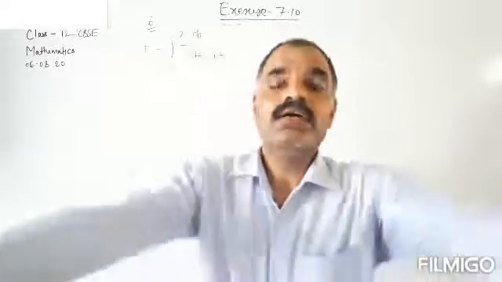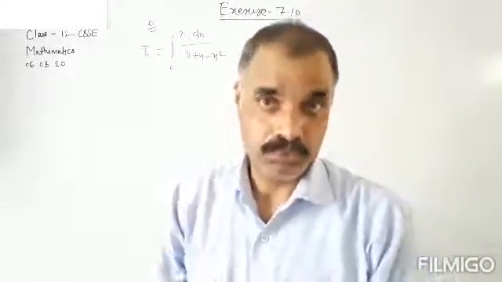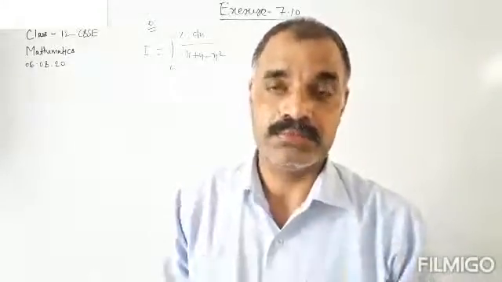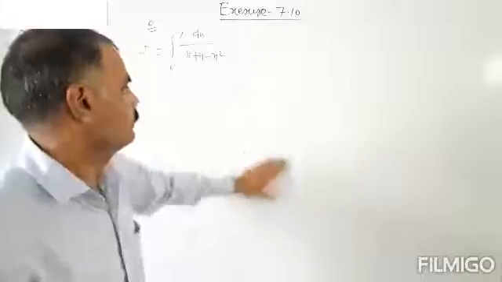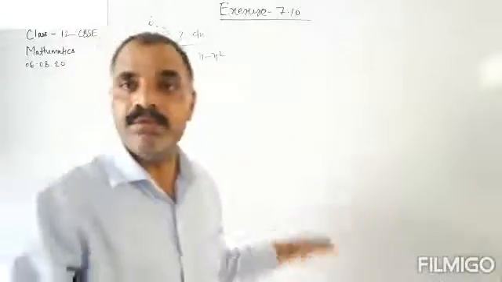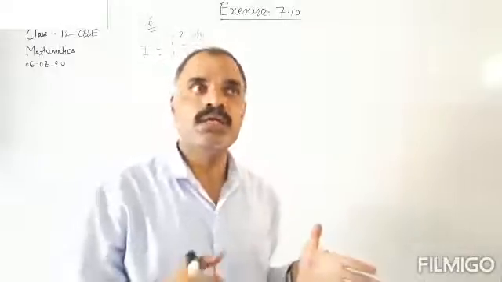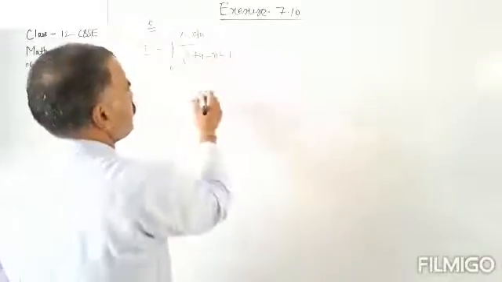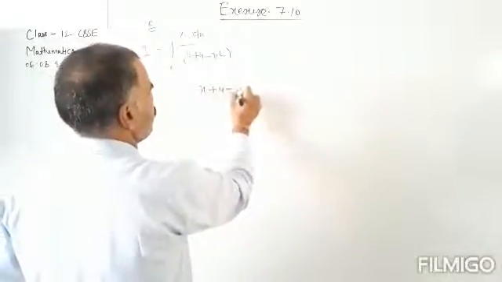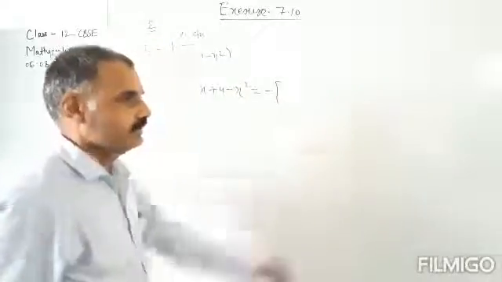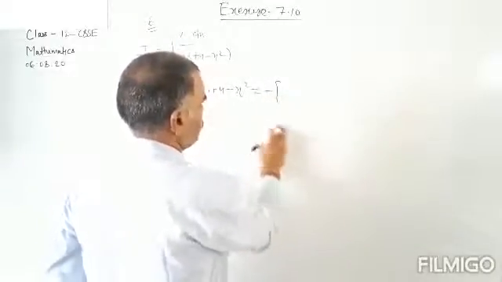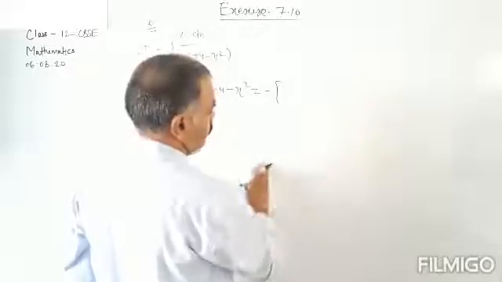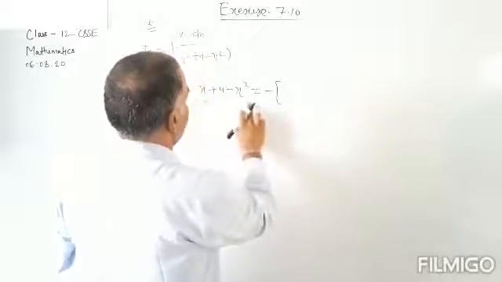Okay, you can think what you have to do or how you would integrate this function. So dx upon x plus 4 minus x square. I think this is the first type of integration that I have told you in exercise 7.5. So we have to make the square of this function, that is x plus 4 minus x square. We have to make the squaring. So take minus 1 common from this algebraic expression.